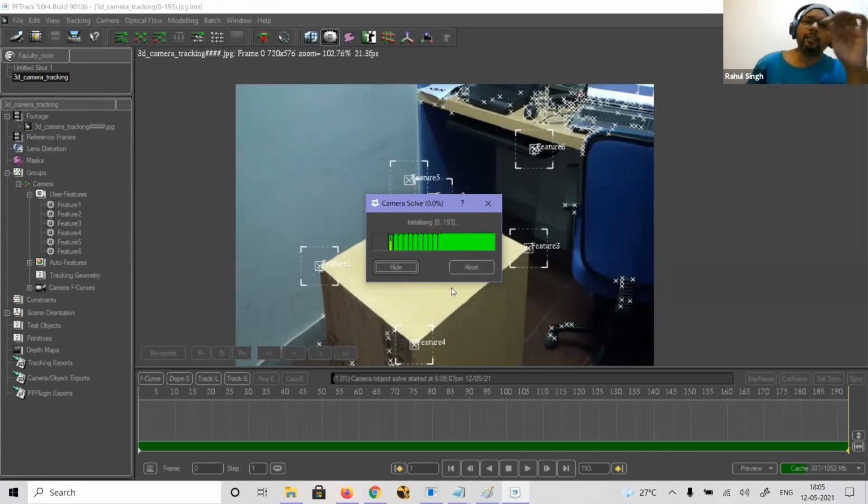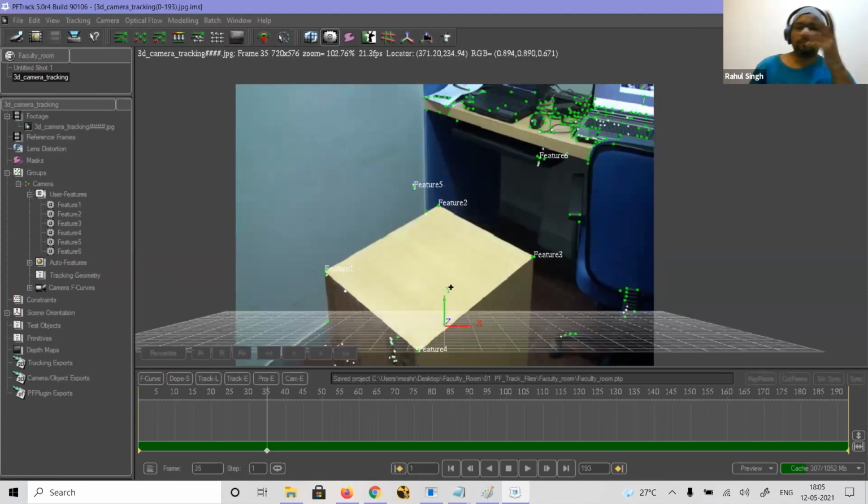If it is green in color, it's going good. Yellow means it is deviating. And if it is red, it means total error. See, it's coming yellow in some places, right? Means it is not 100% correct. Fine. So now it has solved and it has given you the points. Okay. Now I'll hide the auto track.